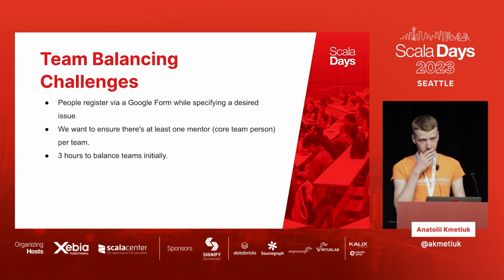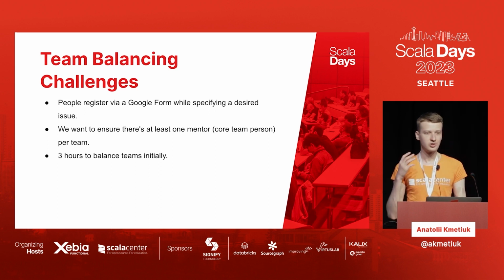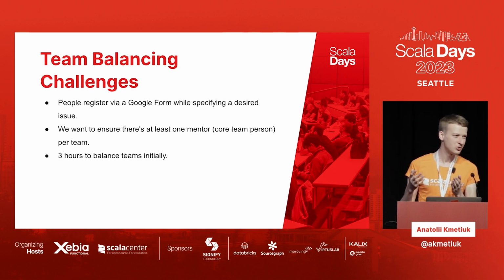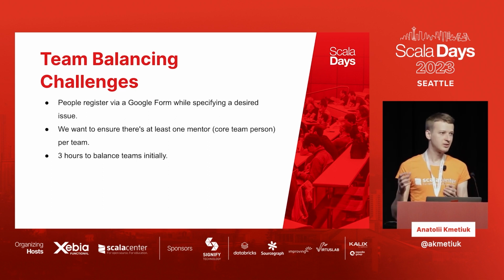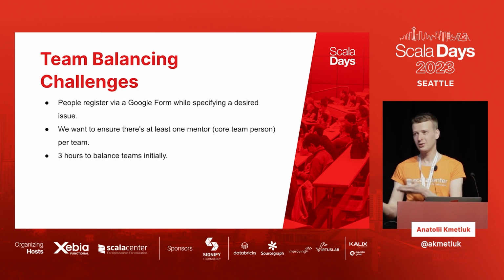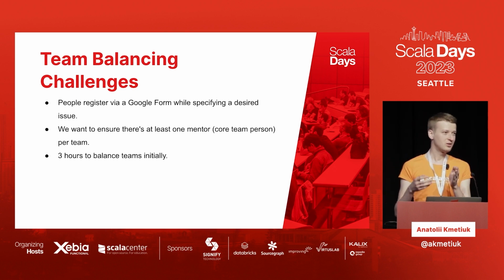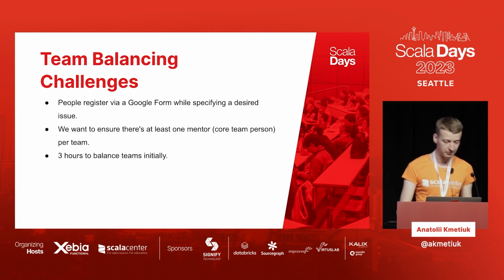And why is that? Well, because when people register, they generally specify very different issues. So generally you do not get 2 people specifying one issue, unless they conspired before, unless they worked before on this issue. So it means that you need to move people around. It means that you need to take one person and say, no, sorry, you're not going to work on this issue. Is it fine if you work on that issue? So you need to ping people around, and that's like 10 people to ping. You need to wait for replies. Some people have some preferences about that, so it takes a lot of time.